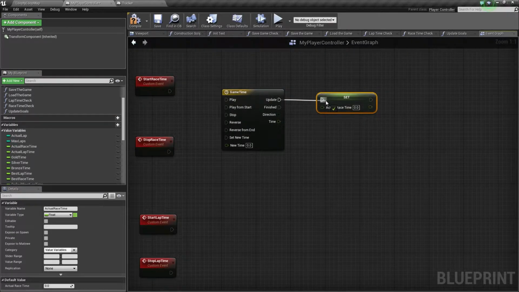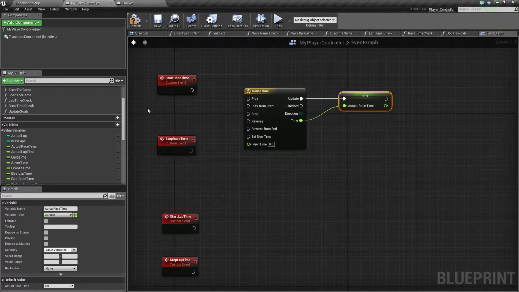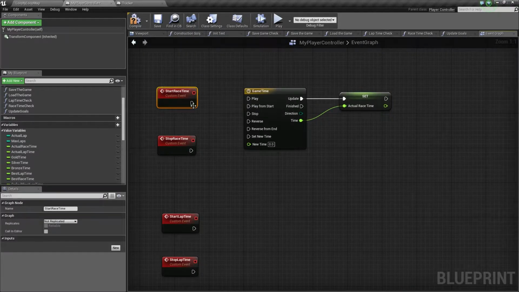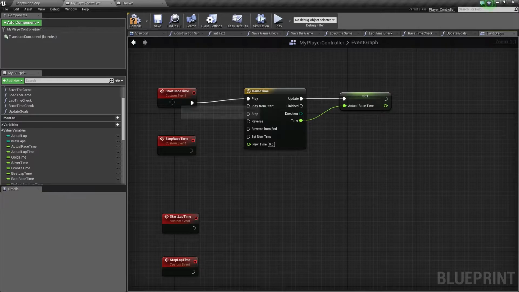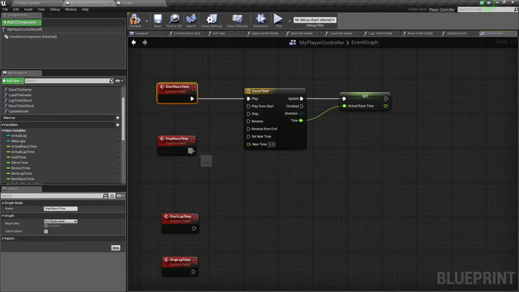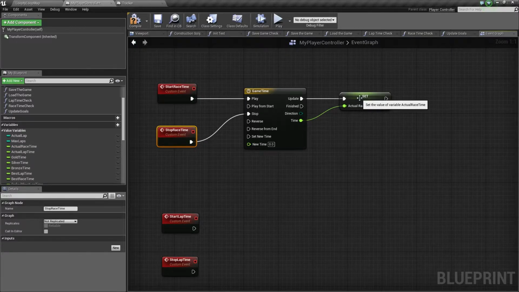And what we're going to do is take our update and plug that into the set like so, and take our time and plug that in as our actual race time. Now for these two custom events here on the side, we're going to take the start race time, plug that into the play, and then take the stop race time and plug that into the stop. So we can stop and start our timer through these two custom events,